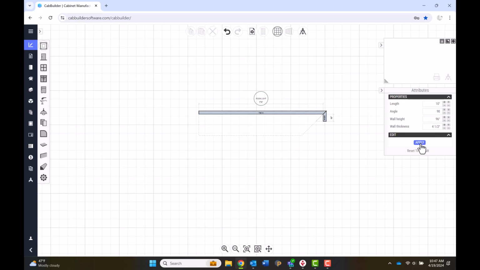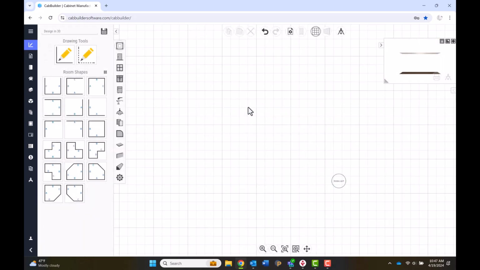Once the wall has been created, the software will automatically create another wall at a 90-degree angle, and you may continue to utilize the Attributes box to continue drawing more walls, tapping the Escape key to release the Sketch tool when you are finished. Or, if you prefer, you may utilize the preset room shapes to create your walls, simplifying